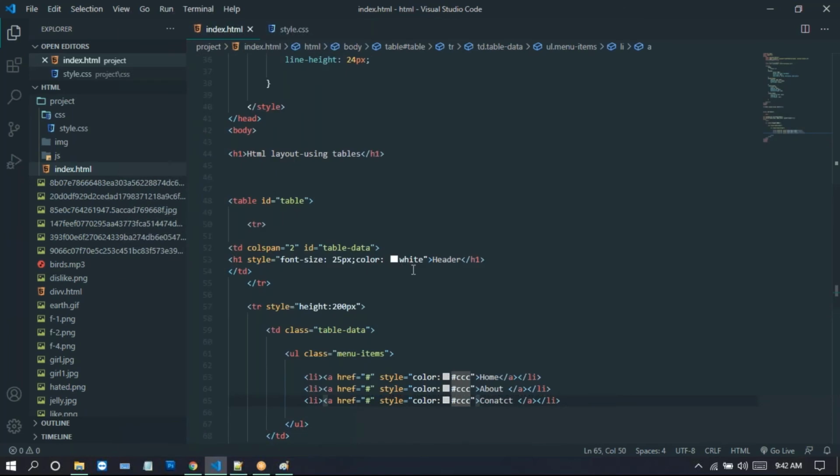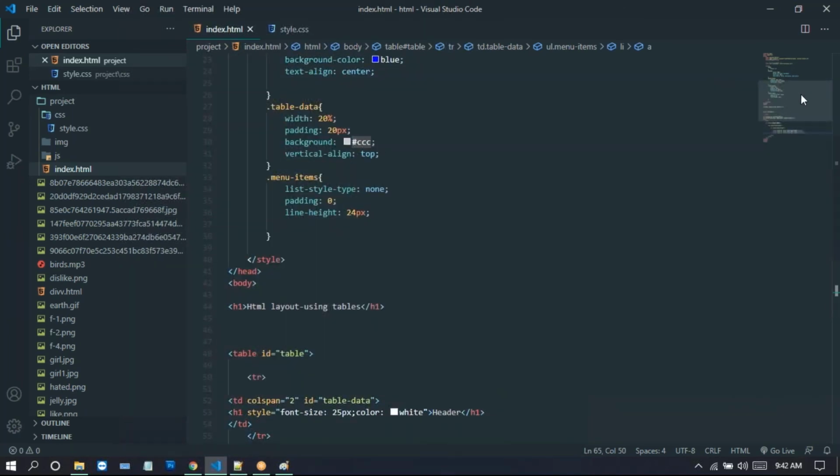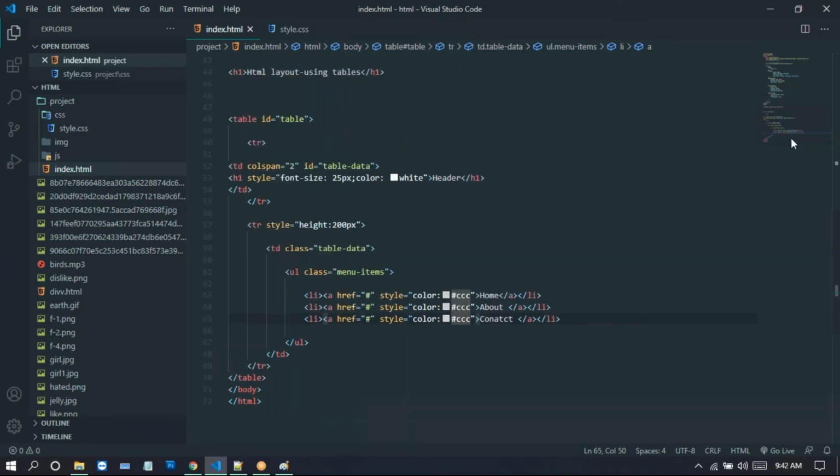So we just change this background color, or else we can change this color itself. Here we just change this color to 000000. So just provide the black color.